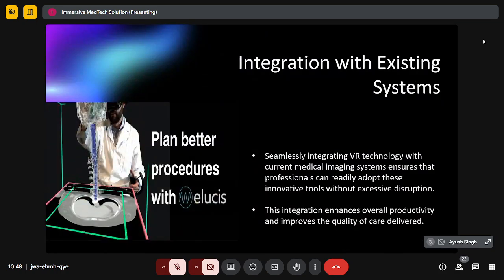So we have the integration of Elucis with the existing system. Even if we are familiar with any image processing software, for example Simpleware, and we need to import the file from Simpleware to Elucis, that can be done in a very easy and efficient manner. What we just require is an STL file. Once the STL file has been created, or even if we have the DICOM file, we can directly bring it into the software, and then we can do the reverse engineering